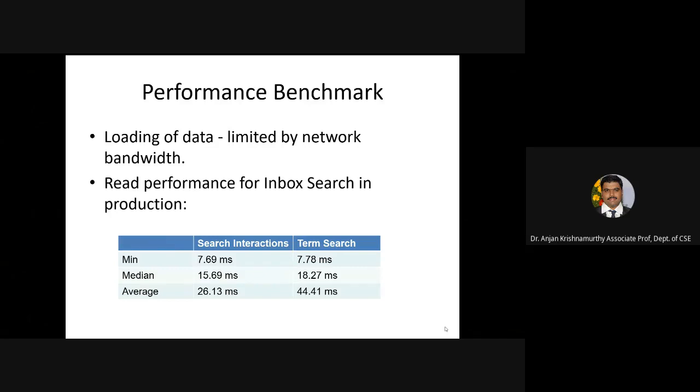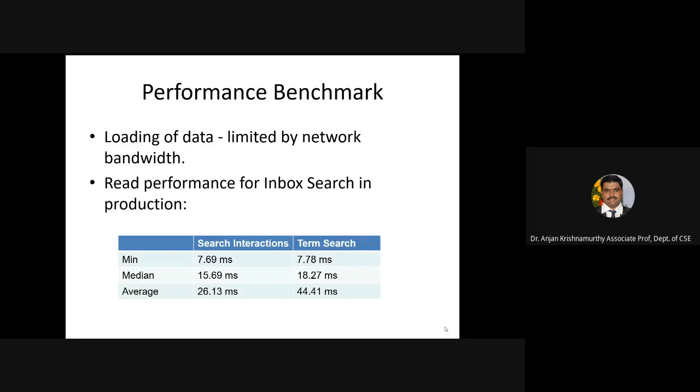So the benchmark here is the loading of data limited by the network bandwidth, right? The read performance of the inbox search, whatever we are trying to talk about, is limited by the network bandwidth, right?